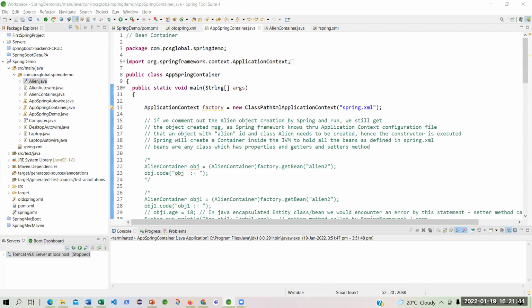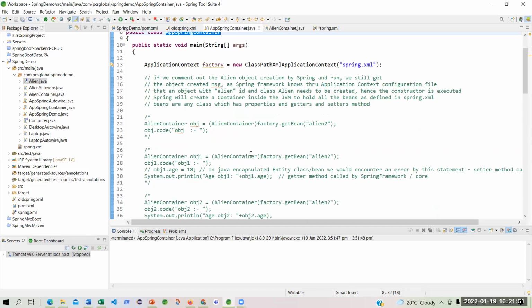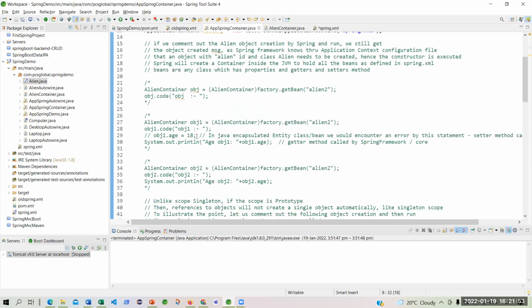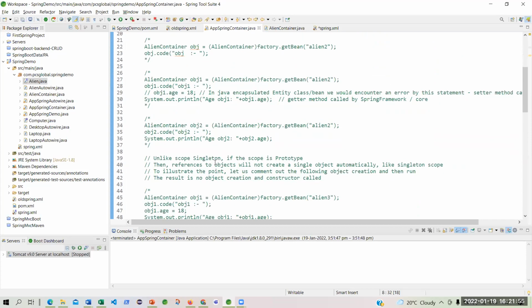Now in the app Spring container, the main file, yesterday we were doing that, but today I would like to do it separately, somewhere else. I will not do it in the program file.